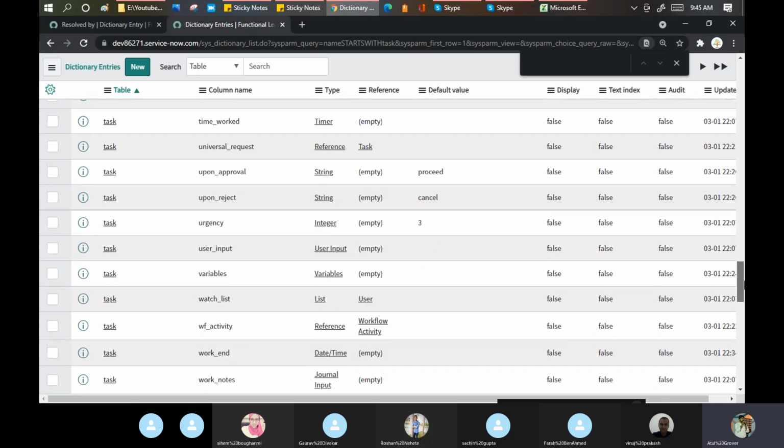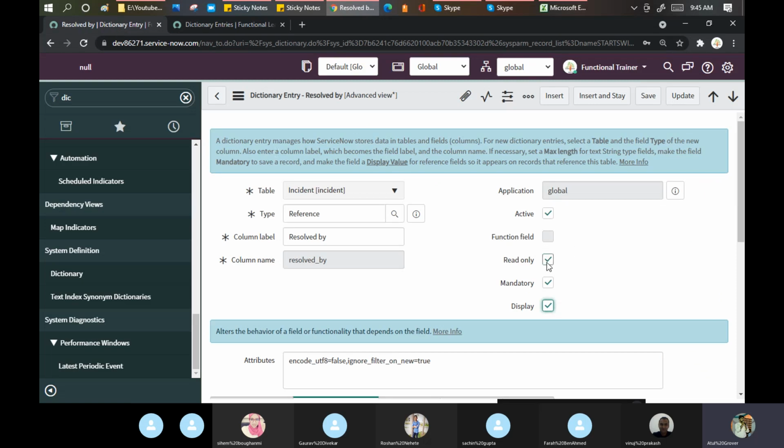So in this case what I can do, I can go to that particular field and make all these things read only, mandatory and display. It means I am overriding the property which I'm getting from my extended table. That is the only thing which we want to discuss here, called the dictionary override.